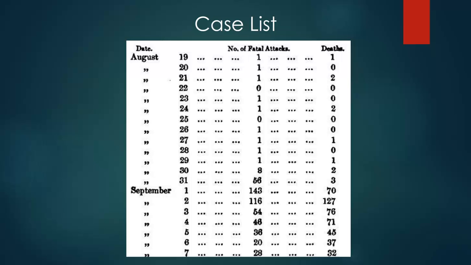Over the weeks that followed, Dr. Snow put together a list of cases with the date of onset of illness. The list represented the person, time, and place elements of the triad. Here is the beginning of Dr. Snow's aggregated case list, showing the low level of transmission occurring in August, and then the sharp increase in cases beginning in September. From this table, you can see that by the time Dr. Snow approached the Board of Guardians on September 7th to remove the pump handle, the epidemic had already peaked and